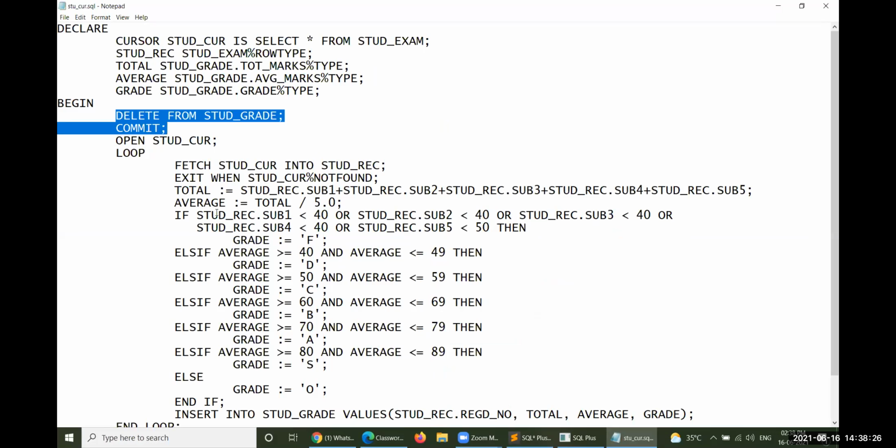One is a DML operation, that is delete everything from the target table, followed by a commit. So two different operations get executed, and it could be a somewhat time-taking process. Commit takes a huge amount of time after completion of triggers. Let me explain what is commit. This is a very huge time-taking process.